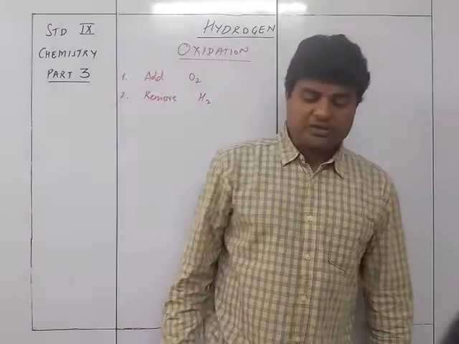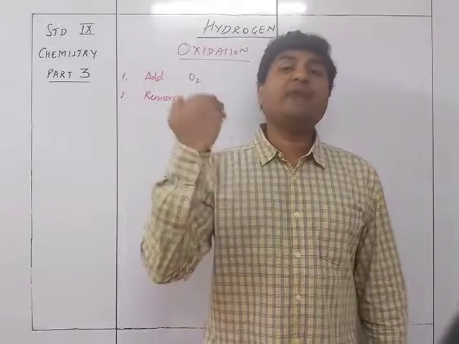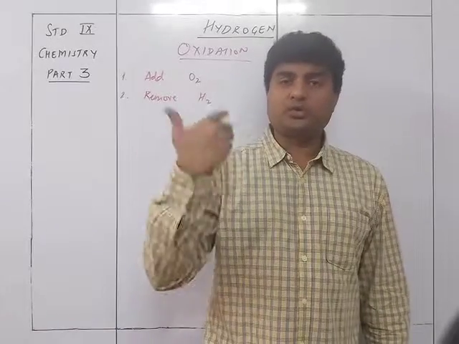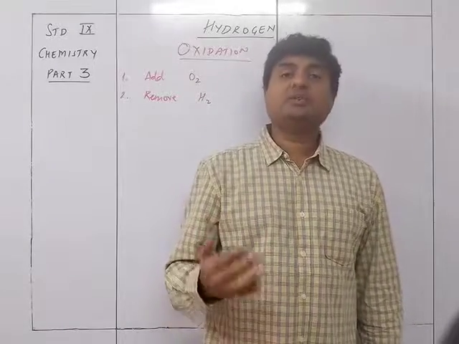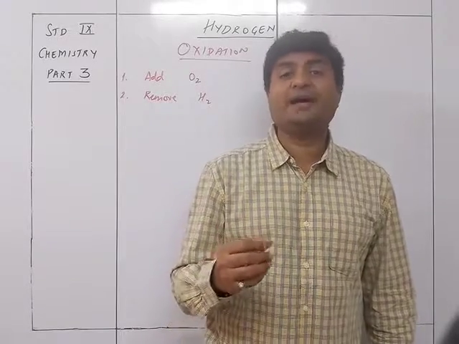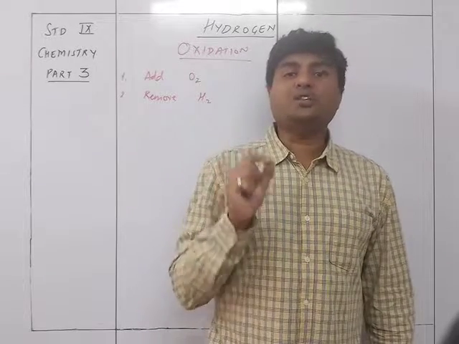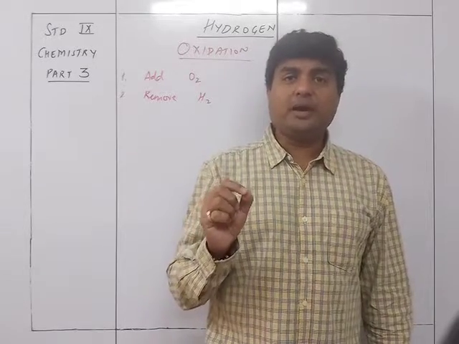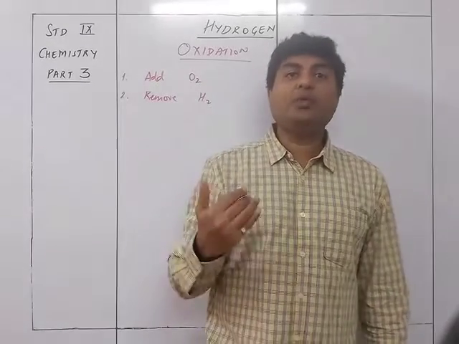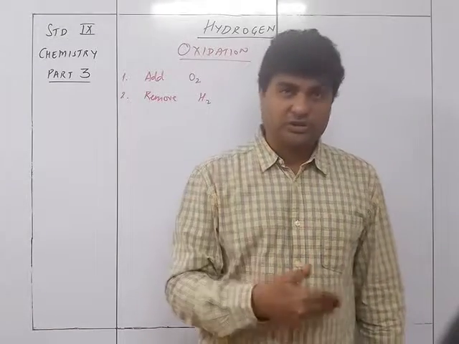The donor of oxygen was the oxidizing agent. So the one which gave oxygen to the other, one substance gave oxygen to the other substance, that particular substance which is giving the oxygen to the other substance is called the oxidizing agent. It is always that the oxidizing agent, since it gave oxygen, meaning oxygen was removed from it, so it got reduced. So the oxidizing agent will always get reduced.